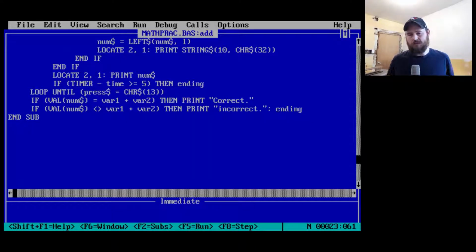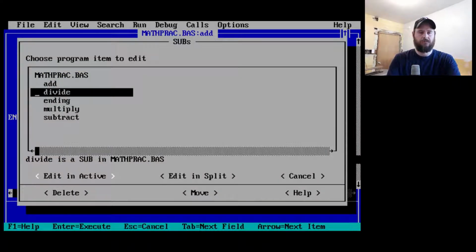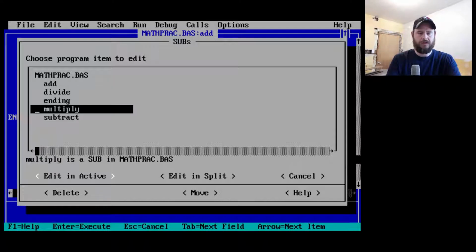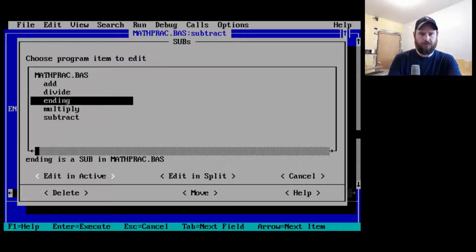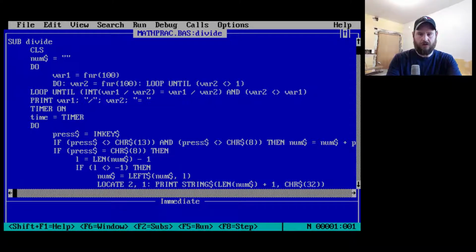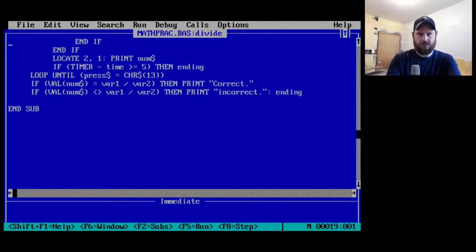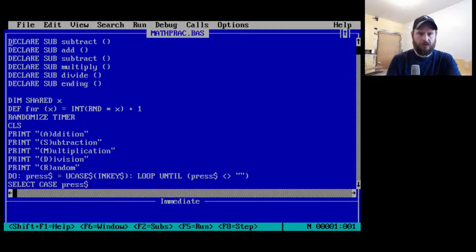The reason I'm having trouble is usually... See, there's no end if here. Let's look at the subtract for a second. It's the same thing. What was I doing well on? The division. Okay. So I don't know why